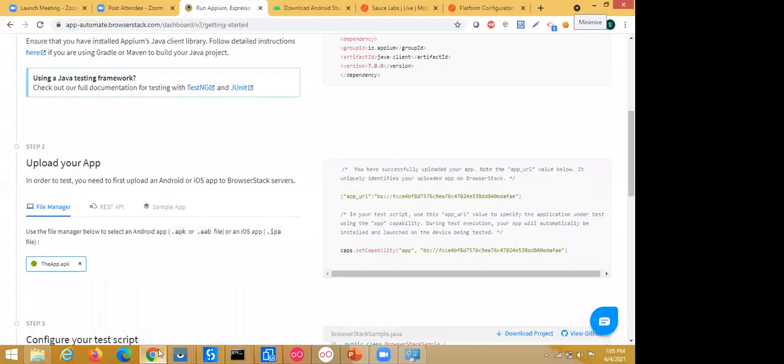I'm giving you the same answer. On real iOS devices, we can't automate using UiPath and APM on a Windows machine. But if you want to automate an iOS application installed on your device, you can automate using APM or APM with Java, but on the Mac operating system, not Windows.